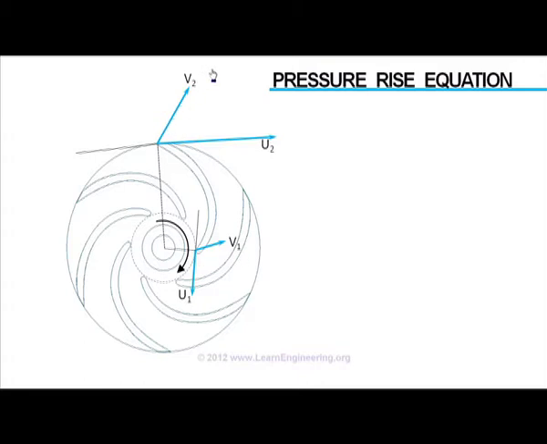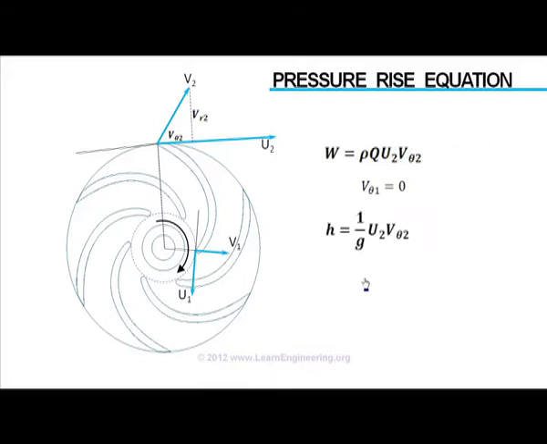The work required for changing inlet velocity condition to outlet is given by this equation. We will go through such turbo machinery analysis in a separate video. Here Q is the flow rate, and V theta represents tangential velocity component of flow. For a centrifugal pump, inlet velocity will be parallel to radius, so tangential component at inlet is 0. From here we can find what's the head rise in meters of fluid.